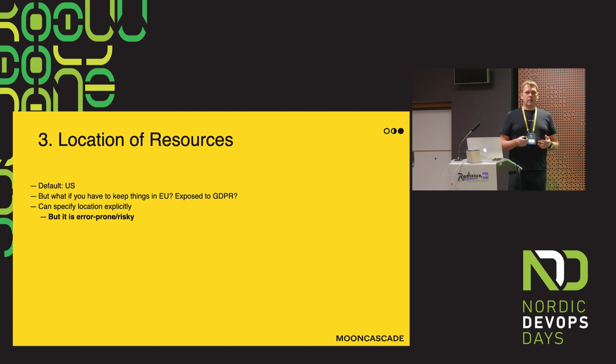The thing is that in Google Cloud, the default approach is that when you deploy something, it tends to deploy things into US regions. You can obviously specify explicitly where you want to deploy things,